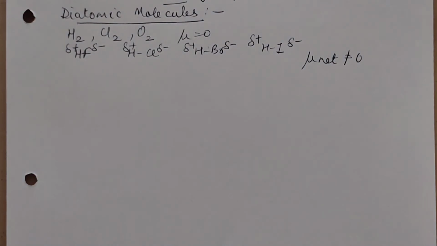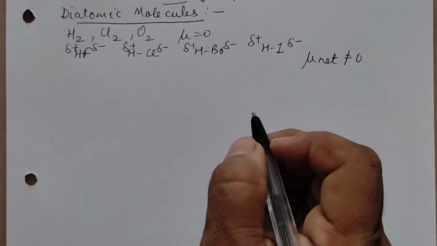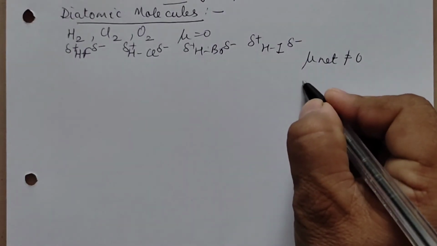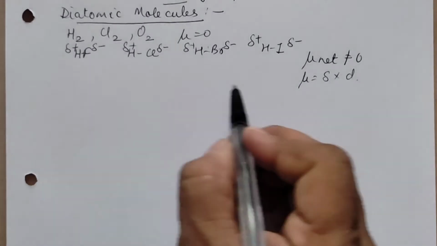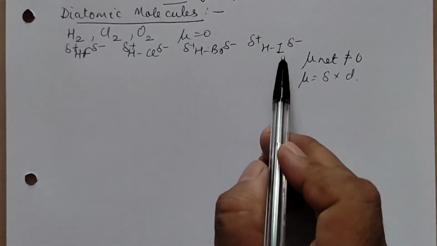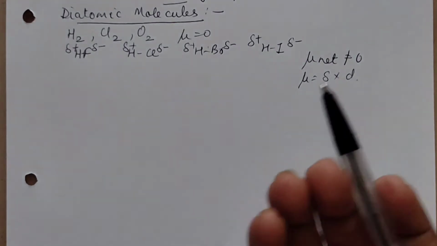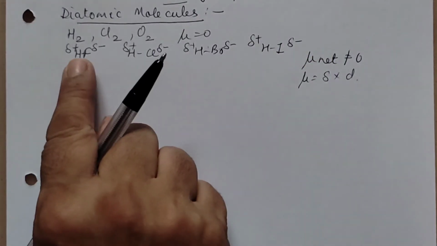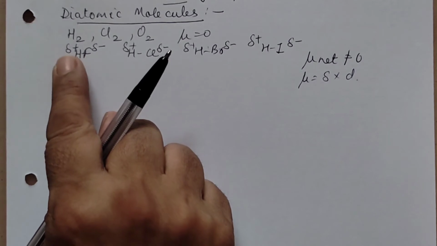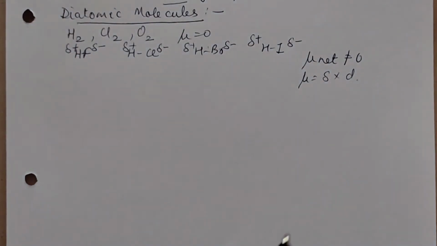Now suppose you are asked, out of these four options, which is having the maximum dipole moment. So you will take care of this mu value. What is mu? Mu is delta into d, right? So d also varies. The internuclear distance, hydrogen is constant, but the size of the halogen is increasing, so d is increasing this way. But what about the electronegativity? The charge is maximum here.